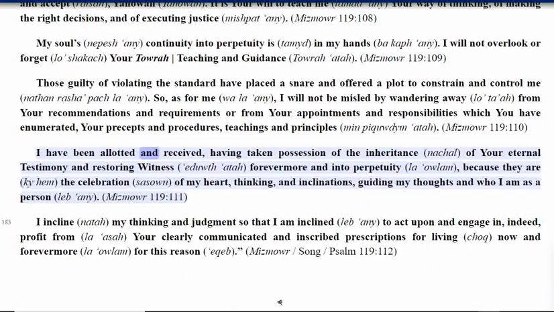I have been allotted and received, having taken possession of the inheritance, Nakal, of your eternal testimony and restoring witness, Edot, forevermore and into perpetuity, La Olam, because they are, Kyhem, the celebration, Sasson, of my heart, thinking, and inclinations, guiding my thoughts and who I am as a person, Labe Eni. Mizmowr